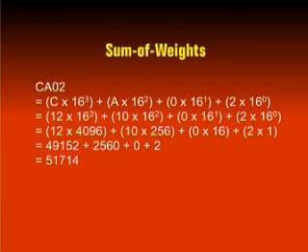The expression is solved to give 4 sum terms. The most significant sum term is 49152. The second most significant sum term is 2560, and then the term 0, and the least significant sum term is 2. If you add all these terms, you end up with 51714. So the decimal equivalent of CA02, the hexadecimal number, is